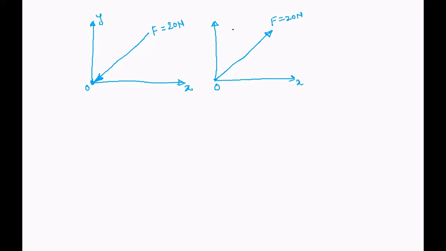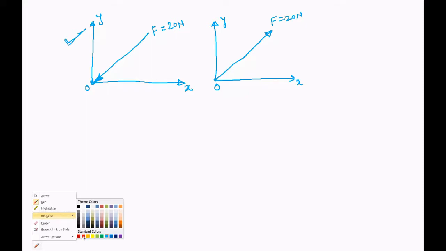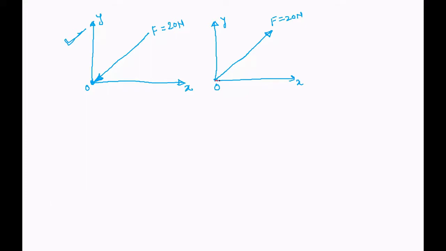This is x-axis, this is y-axis. But in this case, the direction of the force is towards the origin. Okay. So now we have to decide what is the direction of the components. So in this case, we can show the component towards the positive x-axis and towards the negative x-axis. So when we show the component, we need to observe this point.